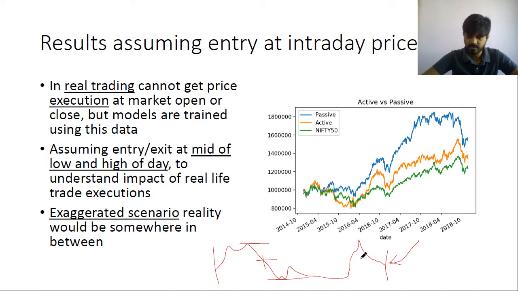The reason I've done this is because in reality it's very difficult to actually get an execution at close, right? Because there's no guarantee of execution if you try to put in an order that late. So in reality, if you really want to get a price near close, you would try to enter the market maybe 1 hour before close. But since the best data I have is high and low, I just created a variable which is the mid of high and low. On first look, it doesn't seem like this should create a big effect, but it does.